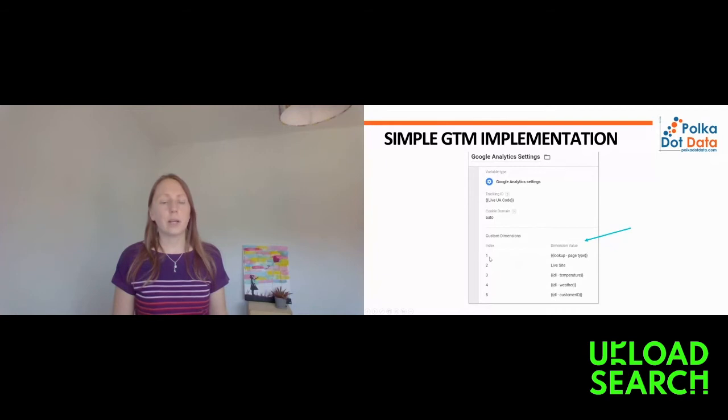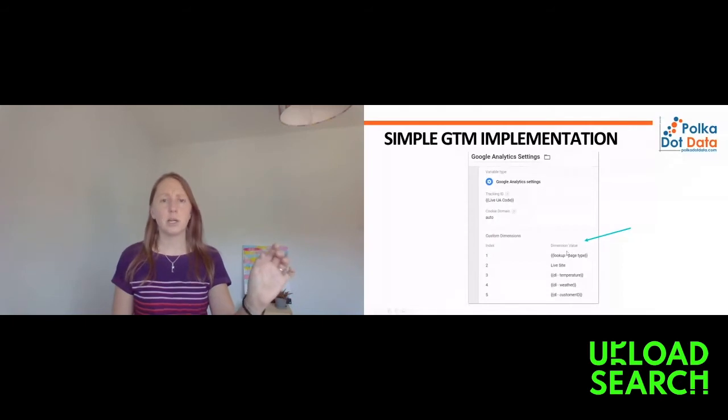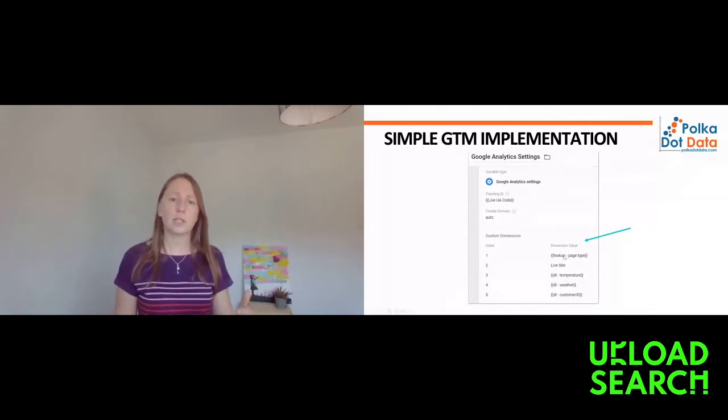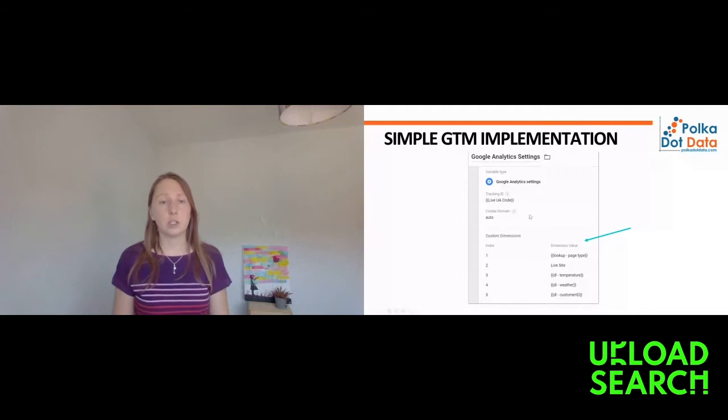And you just pop it in against the correct reference and the index number, and say custom dimension 1 is page type. And I've got a lookup table that says if the URL contains product, the page type is product. And so you can build those as lookup tables. You can have all sorts of different variables, and you just plop this list of custom dimensions into your Google